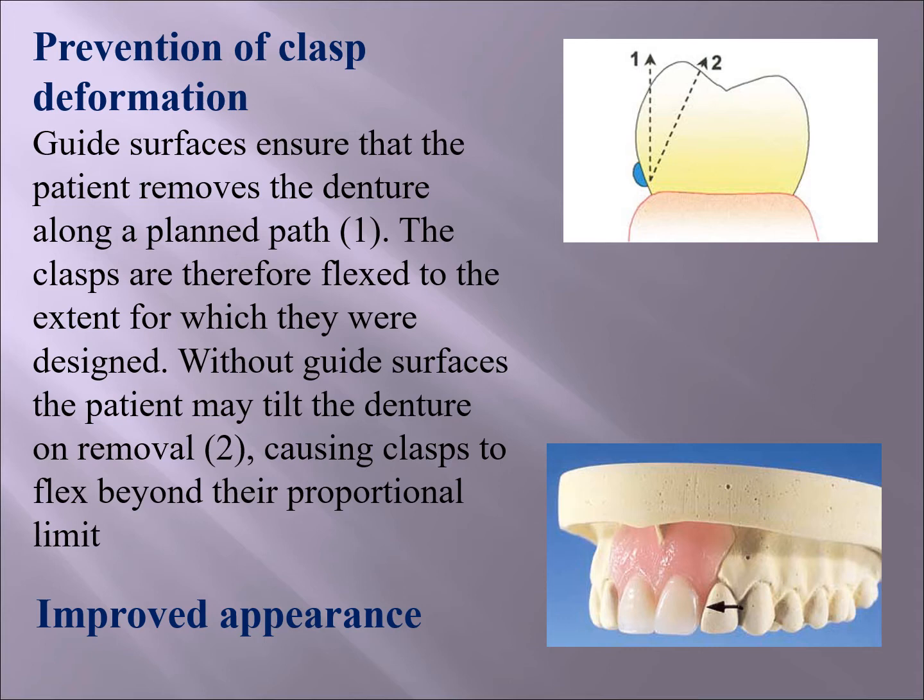Now, if you have a single path of insertion and removal, this flexion, according to your calculations and the measurements, can be done only within a certain limit, the limit the clasp can actually withstand without fracture or permanent deformation. If it can move in different directions, then it can be flexed beyond the limits of the material, and this will cause the material to deteriorate and have permanent deformation. Permanent deformation means that it will be exerting harmful forces on the teeth, and this will affect the periodontal condition and the bone support of the teeth negatively, and it might cause them to move